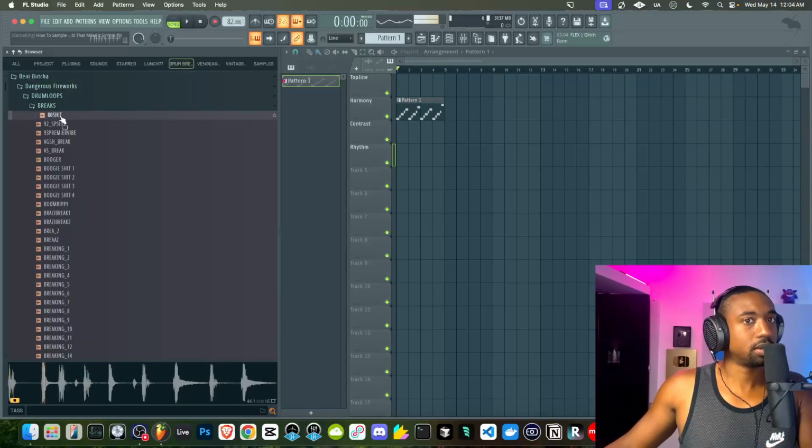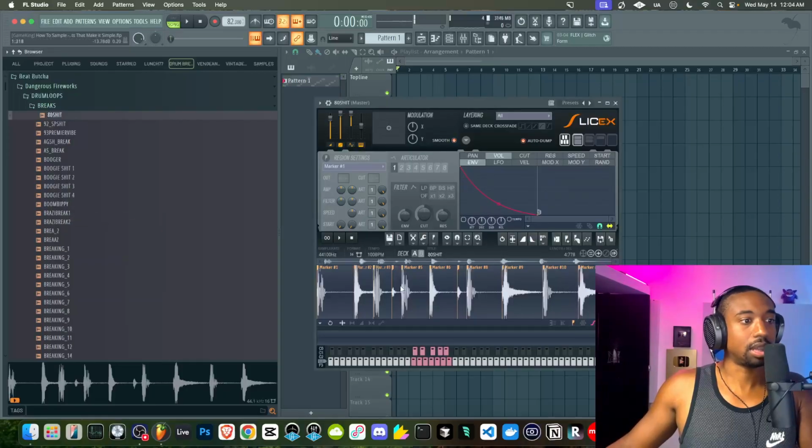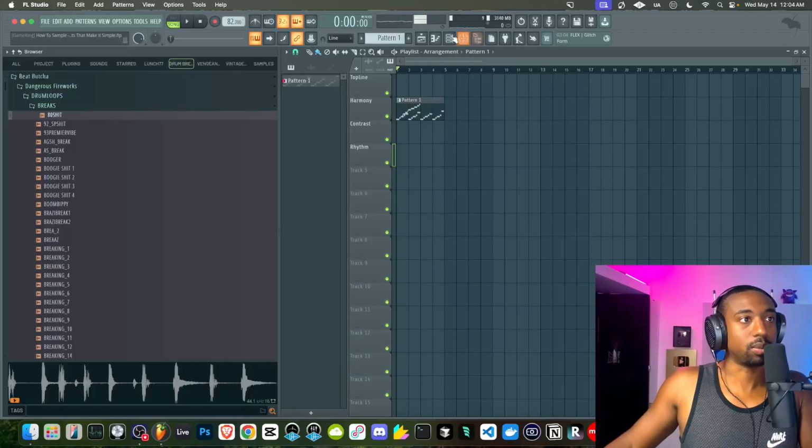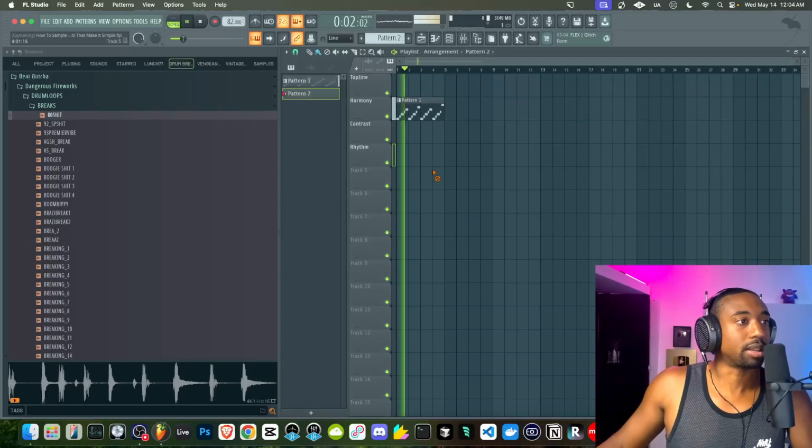So here, these drums feel like the era. So I'm going to use drums that feel like the era. Let's right click, open and slice. The reason we're opening up and slice is because now we can play the same exact way. Okay, let's hit Control X and let's just kind of practice on the drums here.